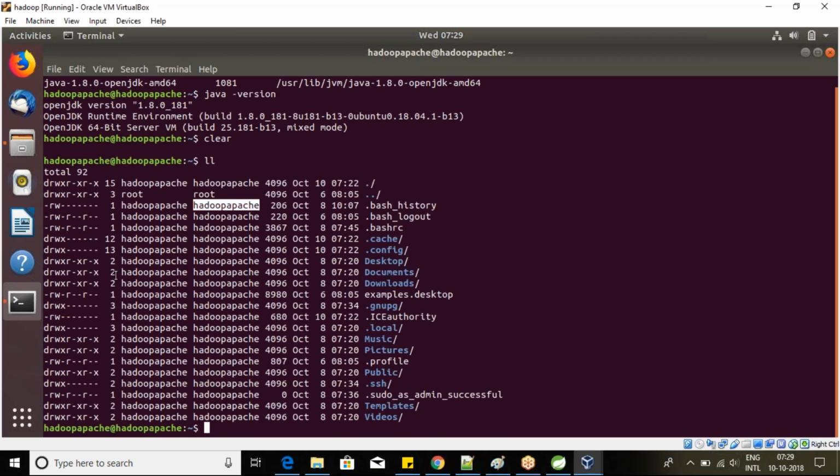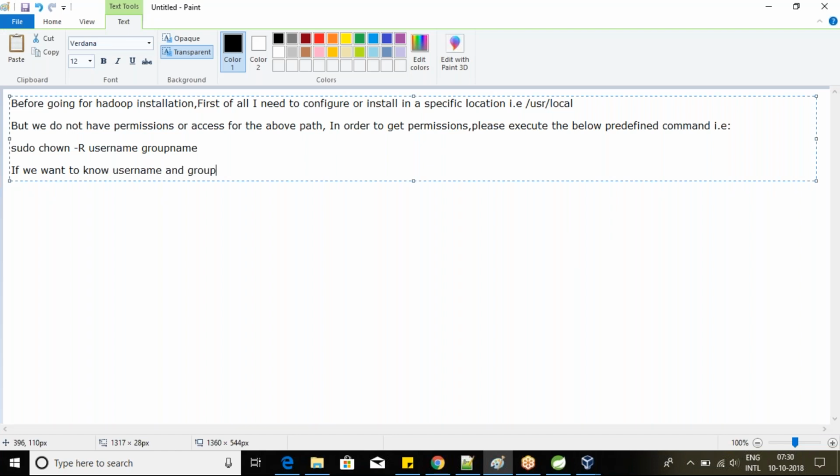Now if we want to know the username and group name for a specific user in Ubuntu,